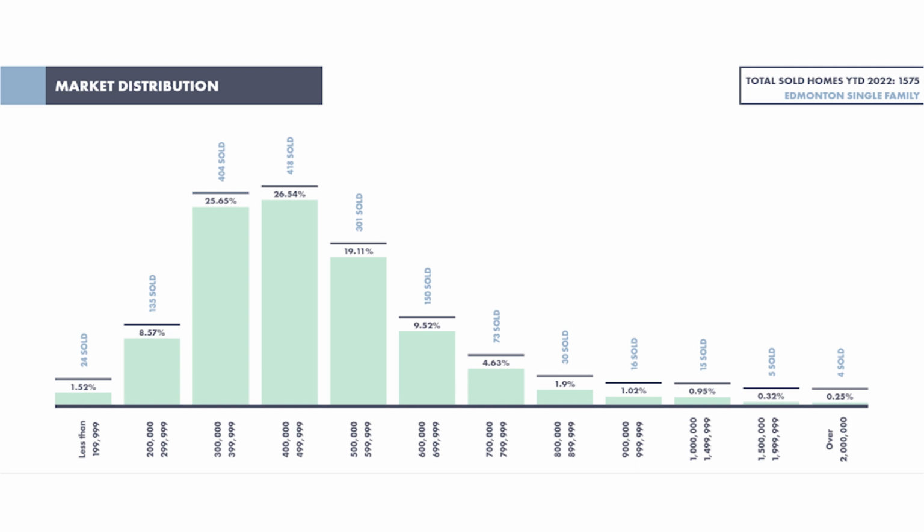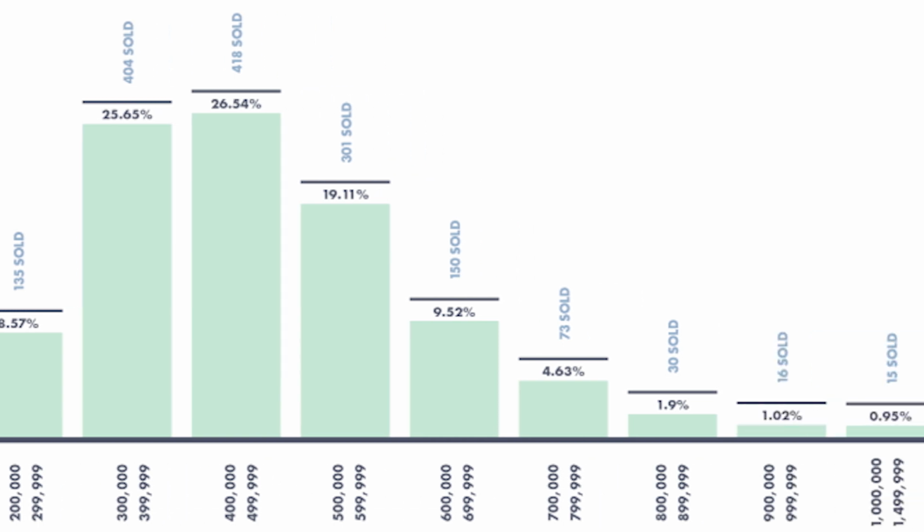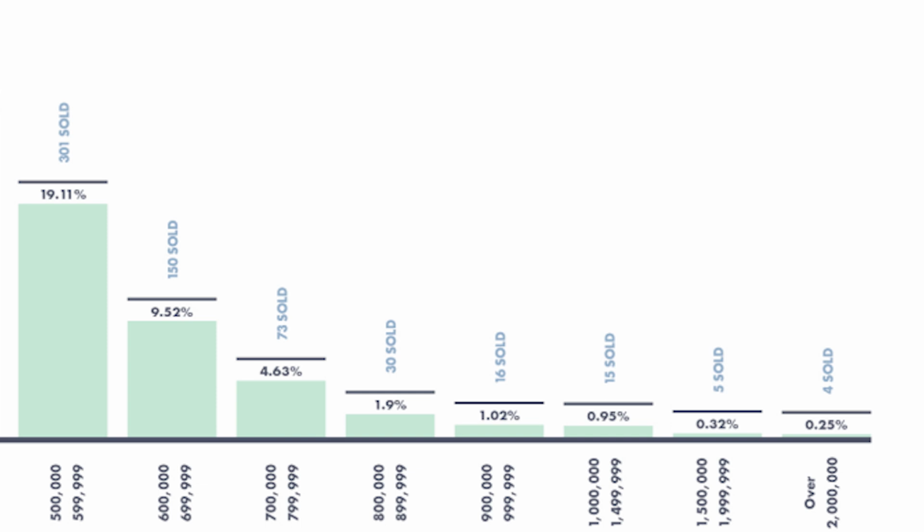And this is just looking at the market distribution. Basically the price point that most homes are selling at in single family, you can see hardly anything under 200,000, 1.52% of the market. Between 2 and 300,000, we're sitting at 8.57% of the market. And then just over 25% of the market is between 3 and 400,000. So that's a really popular segment. Right now, it's the second biggest segment, because the next biggest segment is that $400,000 to $500,000 price point at 26.54% of the market. And now between 5 and 600,000, still a significant piece of the market, just under 20% at 19.11%, and then it drops to less than 10% once you get over 600,000, between 6 and 700,000,